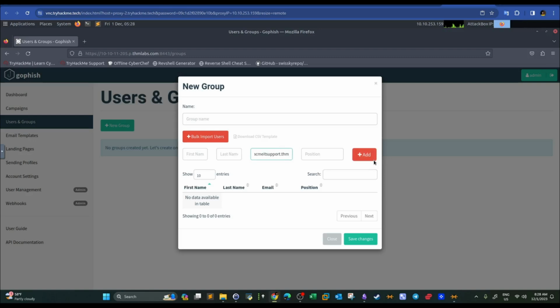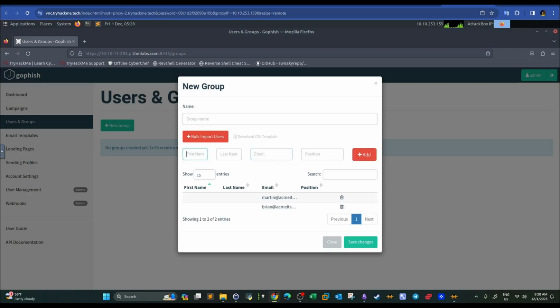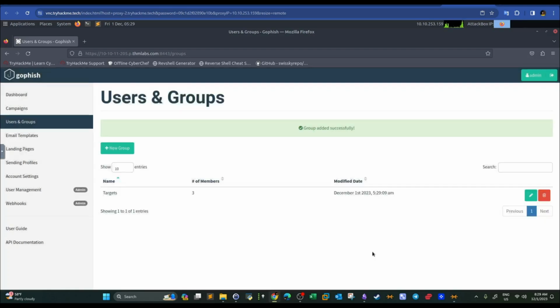So add, that's the first one, and the other one is here, and lastly this one. You also have the option to import from a CSV sheet as well. So let's say here it is targets. So everything is pretty much ready now.